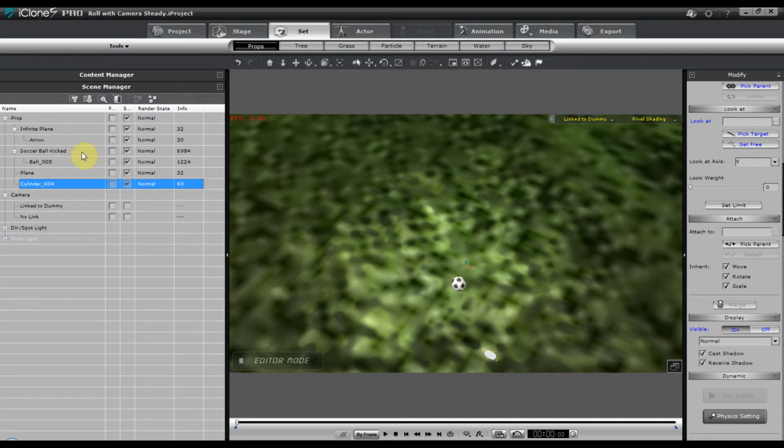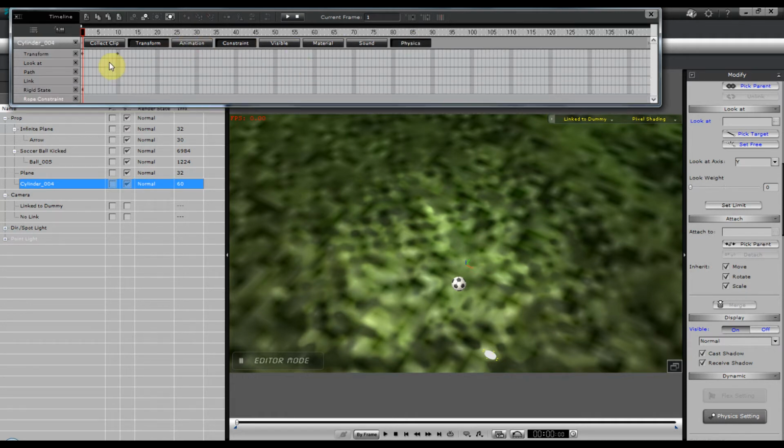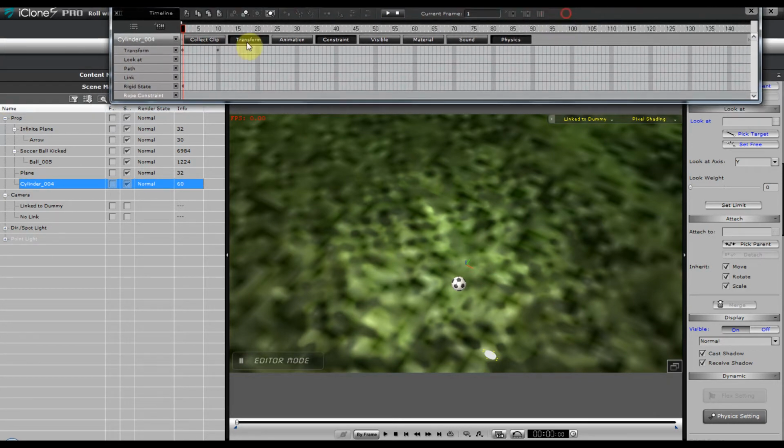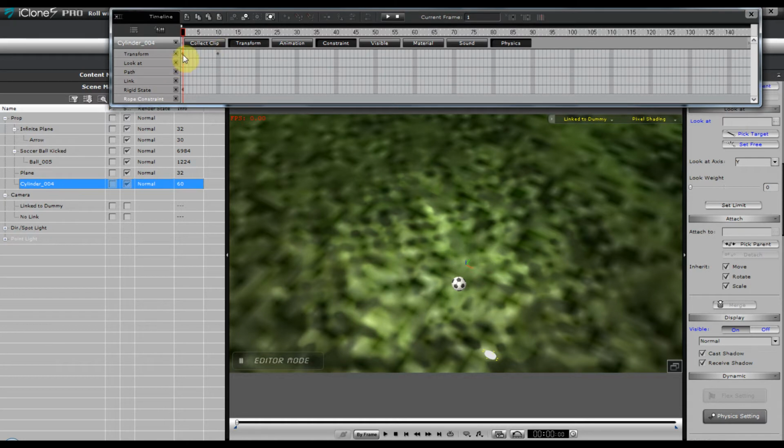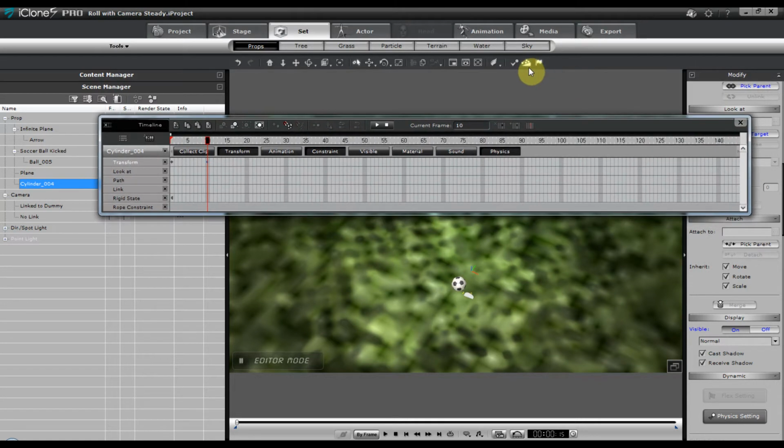And the soccer ball itself, if we open up the timeline, this is the cylinder. It's got physics enabled. There are physics states you can change, rigid states. I'm not going to be changing those, but that is the actual cylinder that's going to be doing it. You'll notice it's got a transform key on it. Here is where it starts, where you see it now, and here is where it ends up, right below this ball. Okay. Currently, I have physics enabled,